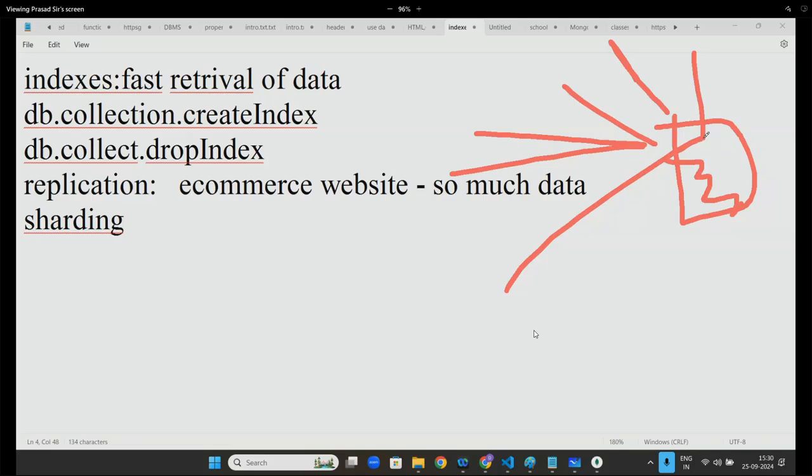Now, what can we do with MongoDB? MongoDB does something called replication. Replication is a theoretical concept, sir. Actually, in higher MongoDB, we will create it in system design only. What replication means is